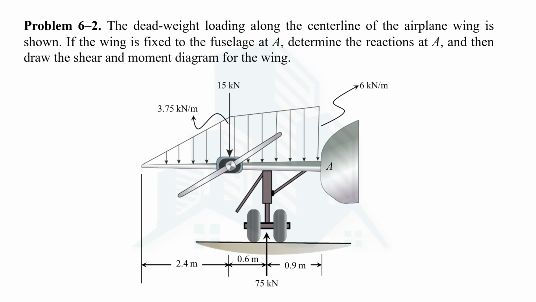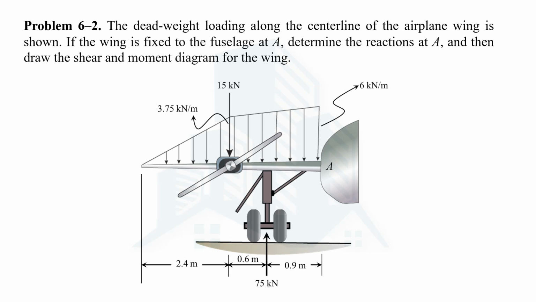Hello everyone, in this video we are going to solve another problem related to bending, which is the second exercise problem from the chapter of bending in the book of Mechanics of Materials by R.C. Hibbeler. In this problem we are being asked to determine the reactions at point A, which is the point where the wing of the aircraft is fixed, and then we are also being asked to draw the shear and moment